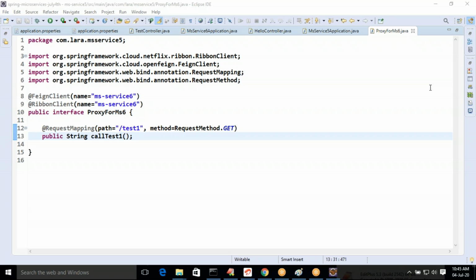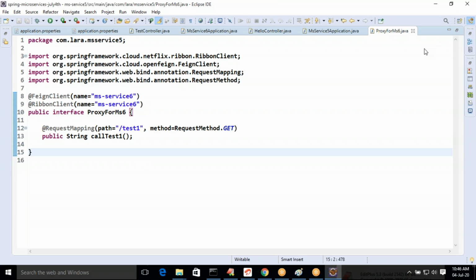For the ribbon, you need to specify which instances of MS Service 6 are available. That should be specified explicitly.